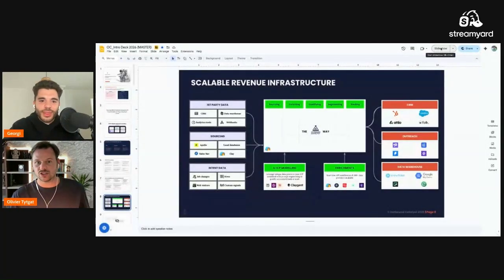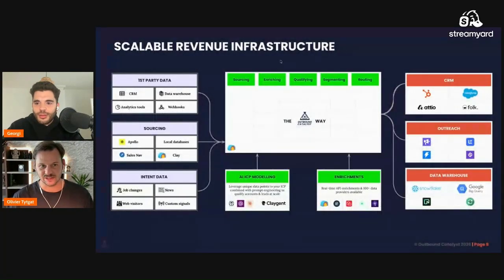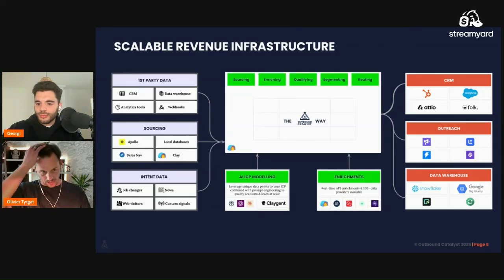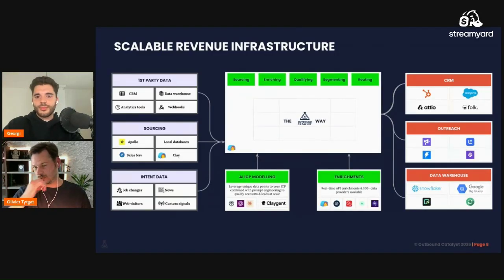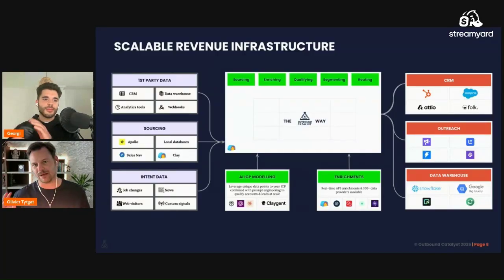Perfect. Amazing. So as I was saying, before we go into showing you some examples, there's so much being shared right now on high-level stuff, how to do things. One of the things that is not spoken of enough is really mapping your market. It's one thing to leverage all these data sources to do sourcing of accounts.